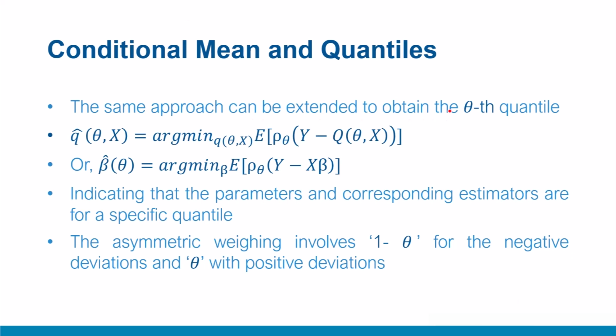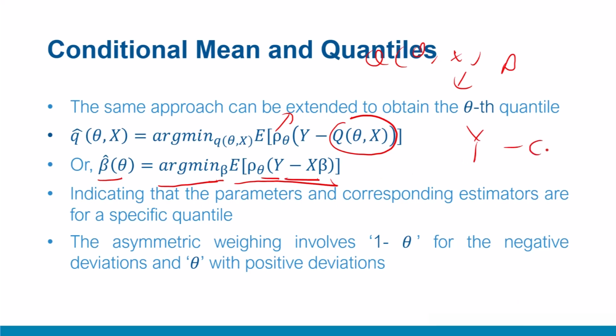Now you extend the same approach to quantile regression, but in the case of quantile regression, you replace that least squares minimization scheme with this check function. Recall we had a detailed discussion about this check or loss function in quantile regression. And now instead of the conditional mean, you have conditional quantiles. So this q theta x represents conditional quantiles, which means for each quantile you would have different parameter estimates of beta. We can write it more appropriately as beta cap theta, which is obtained by arg min, minimizing the expectation of this function. This is the check of error.